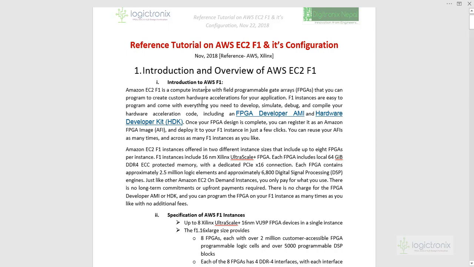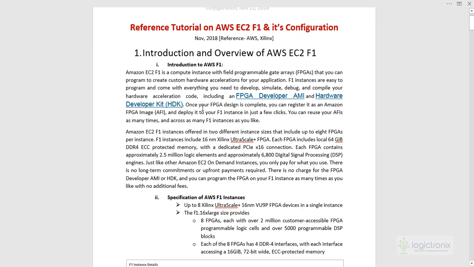AWS provides the EC2 F1 instance for configuring and performing acceleration of different types of applications like genome sequencing, video encoding, transcoding and machine learning applications, as well as lots of other applications which we also talk about. So for utilizing the EC2 F1 instance,